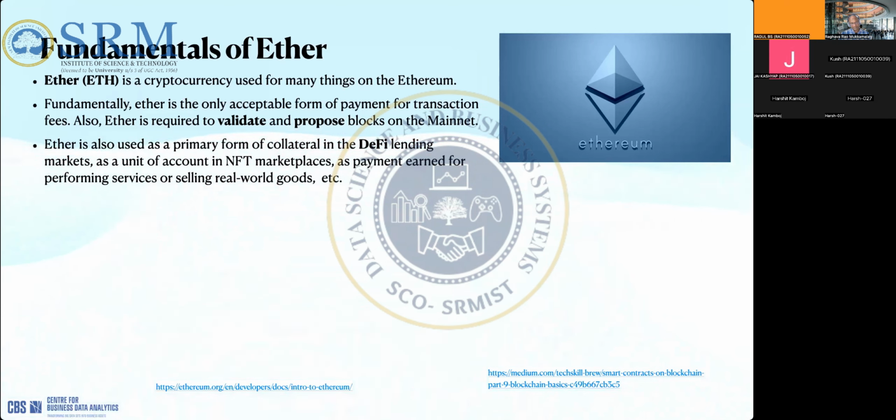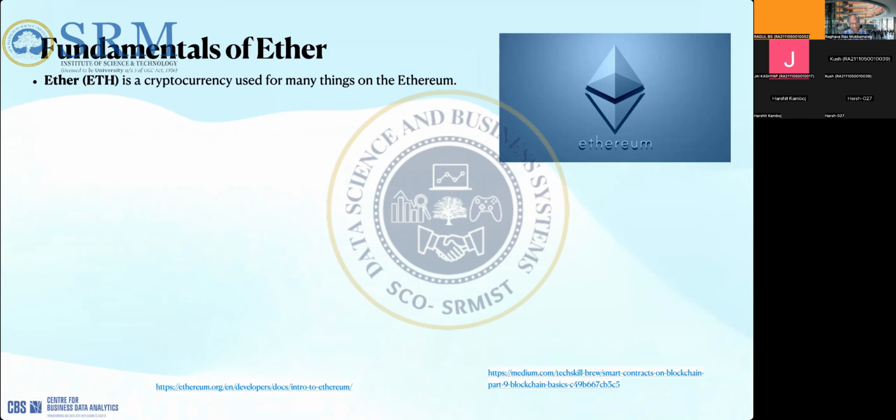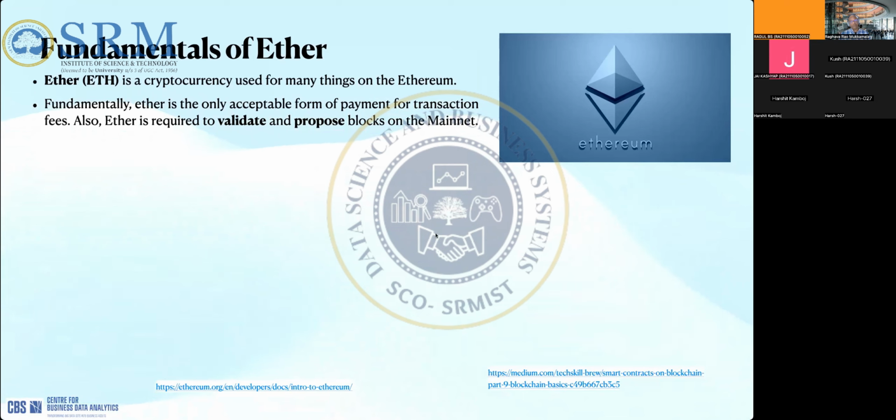The second point is that ether is also required to validate and propose blocks on the mainnet. What does it mean? When you create a block, you need to deposit some ether as a sort of deposit to make sure that the node doesn't behave maliciously. For example, if a node wants to do mining in the Ethereum network, it has to deposit some money as a guarantee.